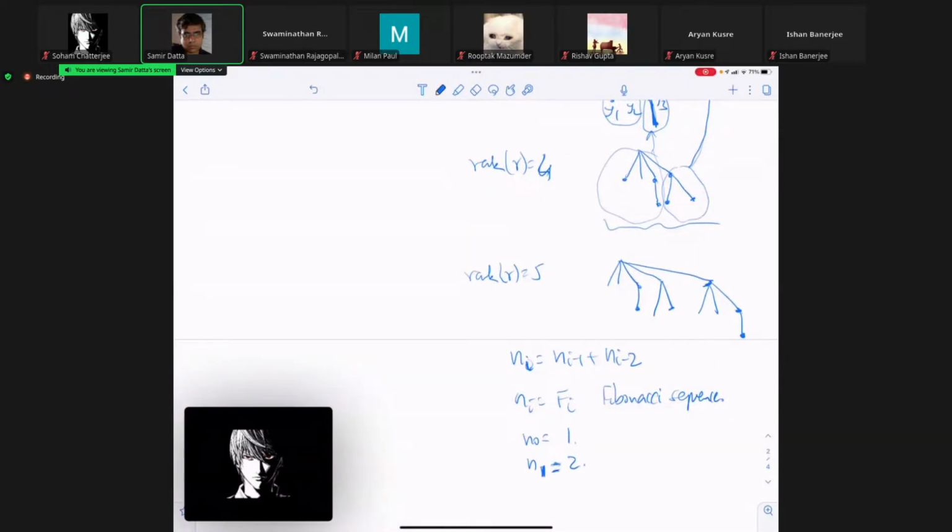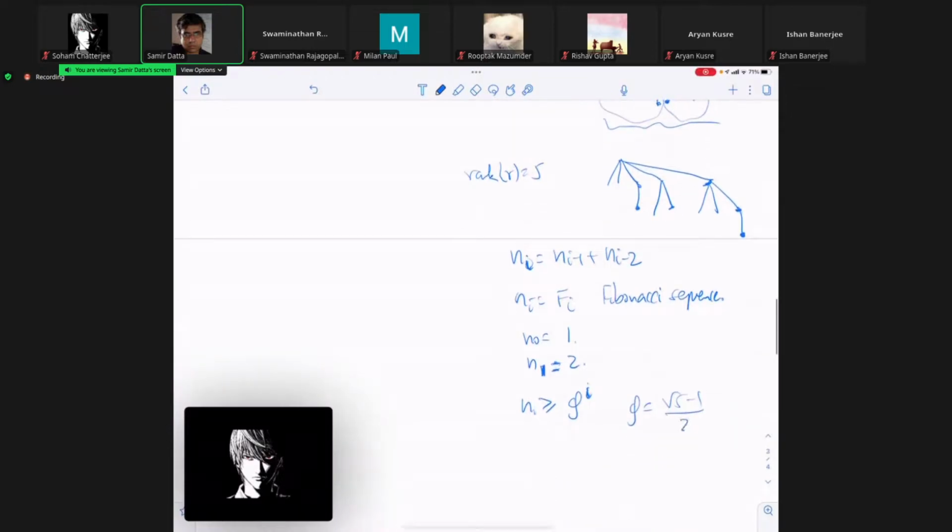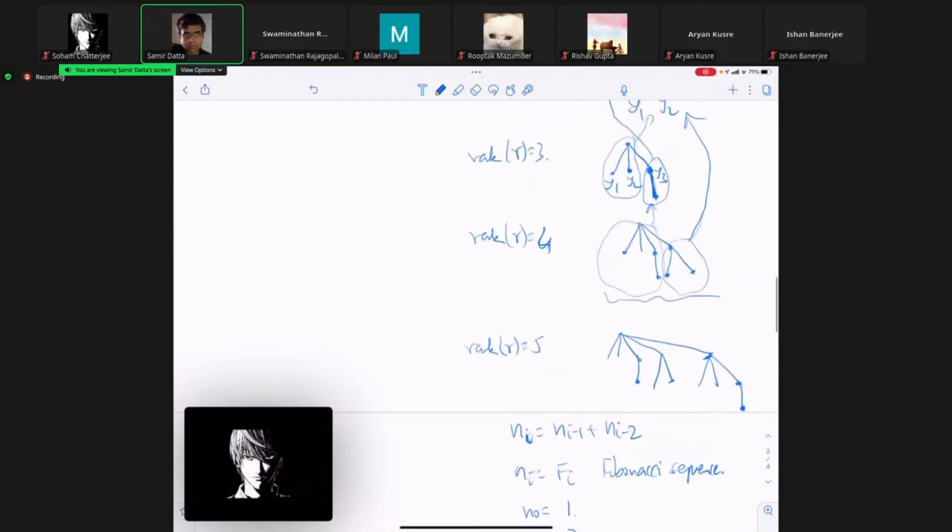And now we know that therefore n_i is greater than or equal to some phi to the power i or something like that, which again you can prove by induction, where phi is (root 5 minus 1) by 2, the golden ratio. So we have shown that